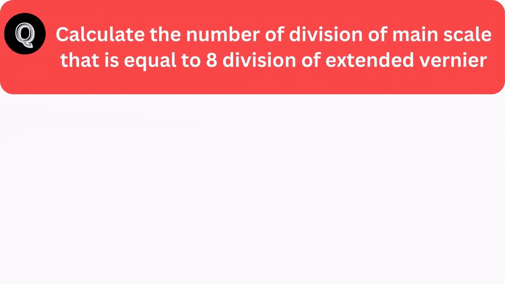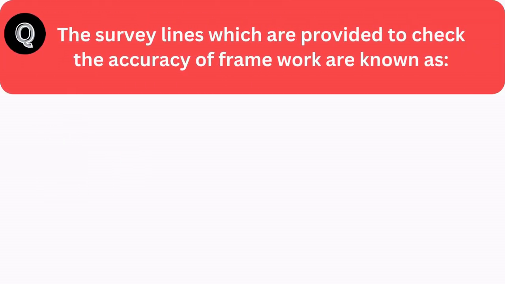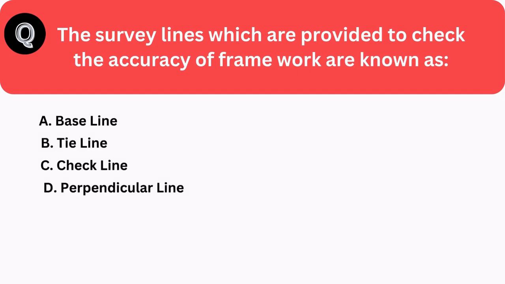Calculate the number of divisions of the main scale that is equal to 8 divisions of the extended vernier. Option A, 7. Option B, 9. Option C, 15. Option D, 16. Answer C, 15. The survey lines which are provided to check the accuracy of the framework are known as Option A,